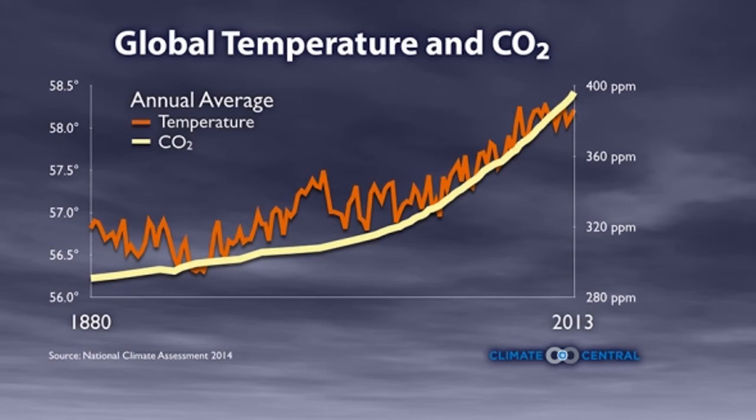All right, so this graph shows us the average annual temperature, and that is in the orange line, and you can see that as it goes up and down, but overall there's a definite upward trend. And then the yellow line shows us concentrations of carbon dioxide within the atmosphere. All right, so you can see that from 1880, it's gone up from about 300 parts per million. And by 2013, it's up at almost 400 parts per million. All right, so the increase in carbon dioxide has been associated with the increase in the global average temperature.